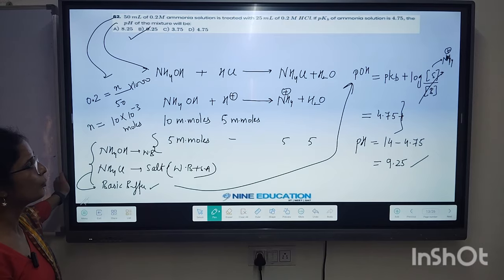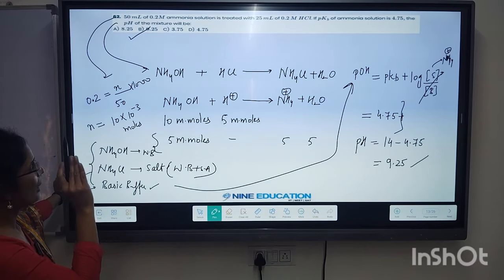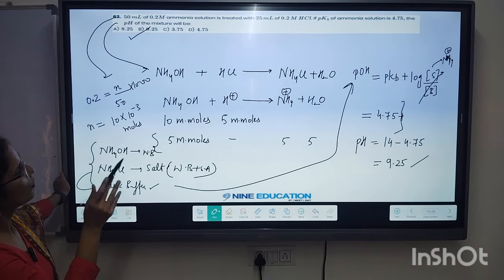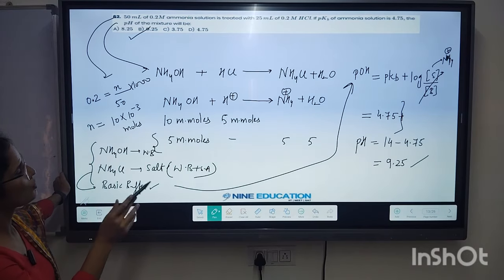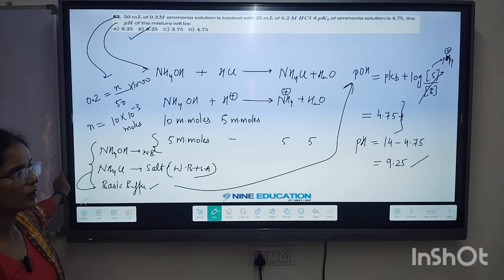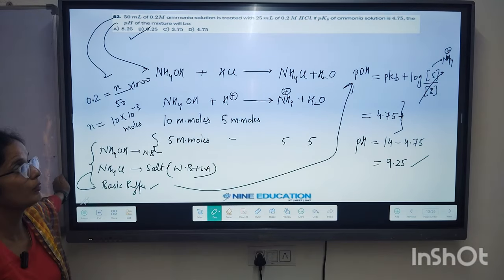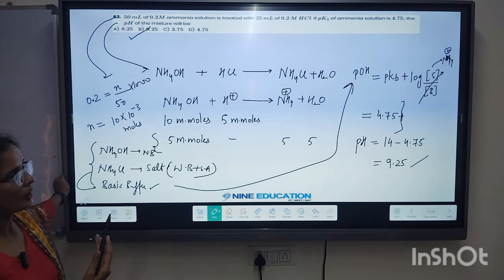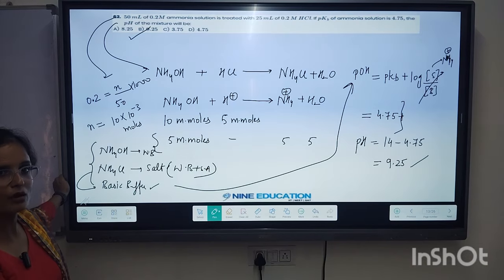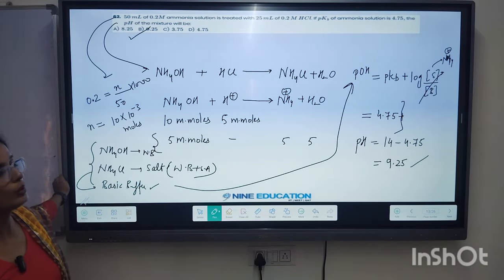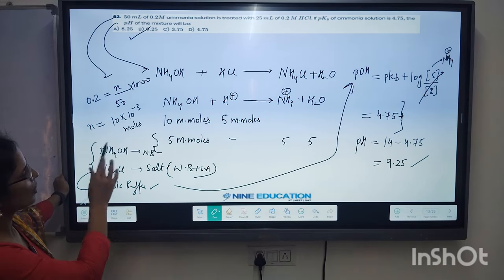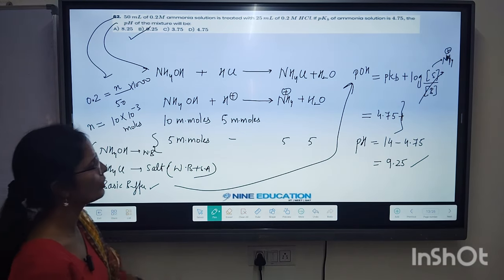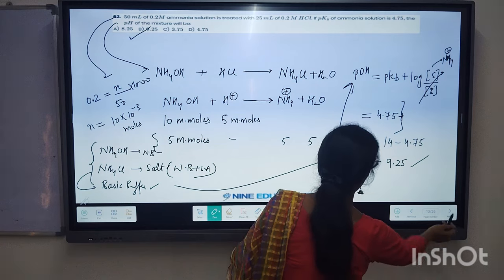So the question is simple. It's just that after seeing the amount of the two species or the two solutions, you need to come up with the conclusion that okay, this formula should be applied, because sometimes they are giving you strong acid, strong base, and how much amount is given, whether complete neutralization would be there, all those things you have to see. So go with this type of calculation, and you will get to the right answer.